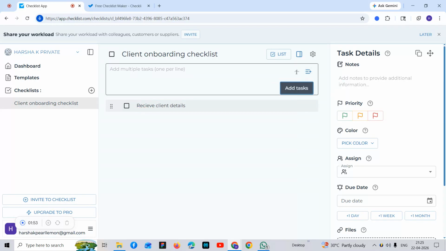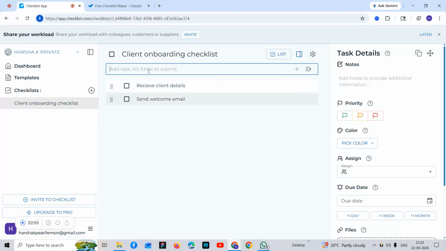Now I'll add one more task, send welcome email. This was also added. Now I'll add one more, create project folder. Done. Now I'll add the final one, assign team.